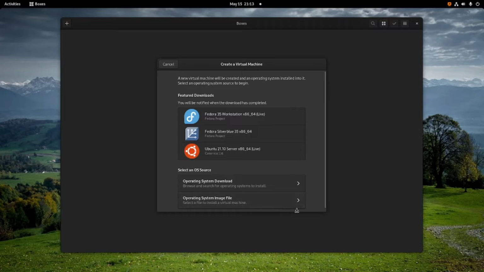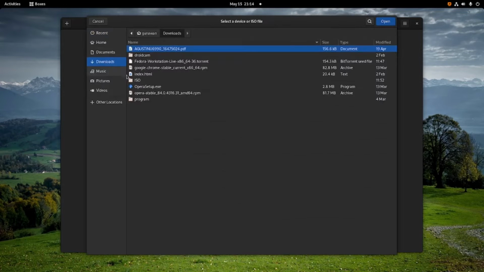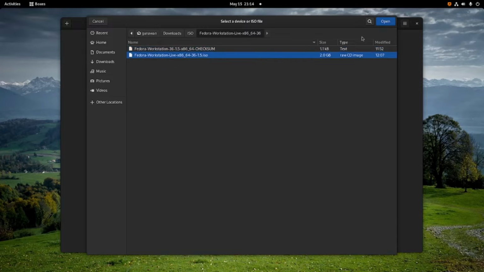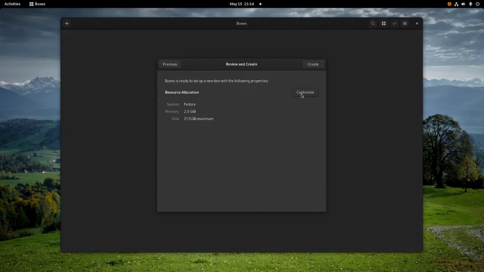I will add the Fedora 36 ISO image, and then I will set the memory to 4 GB and the size of the hard drive will be 30. Okay, create.